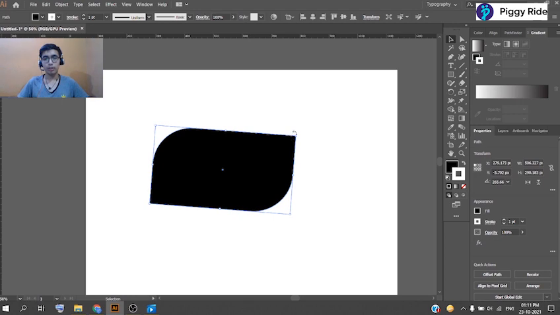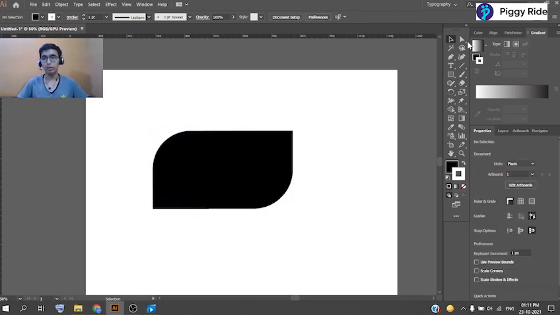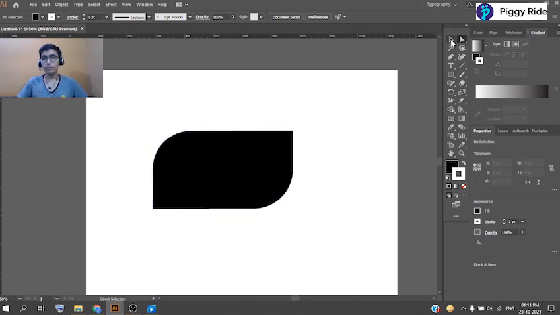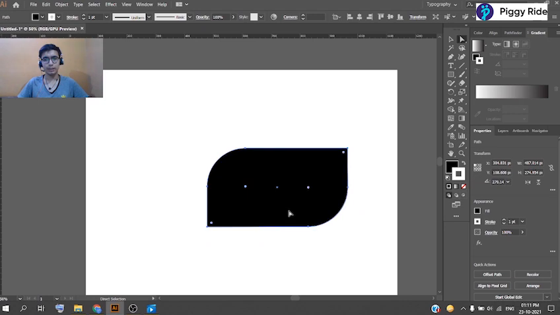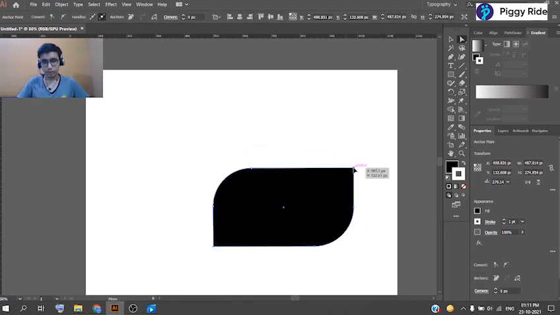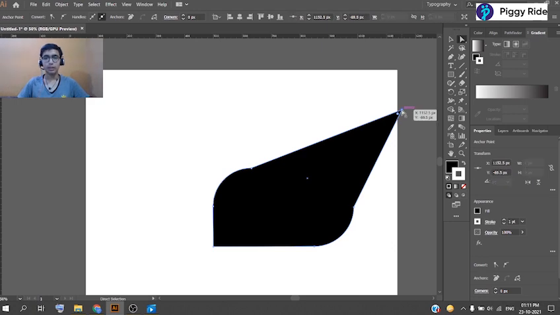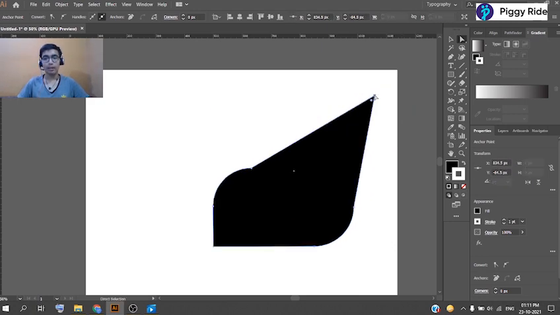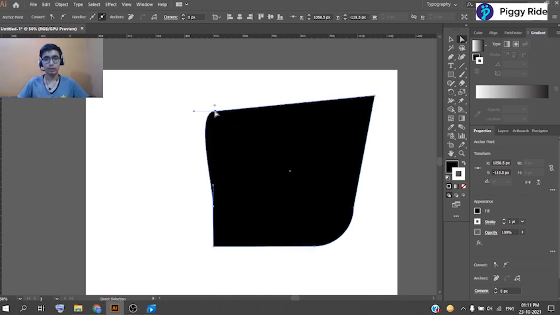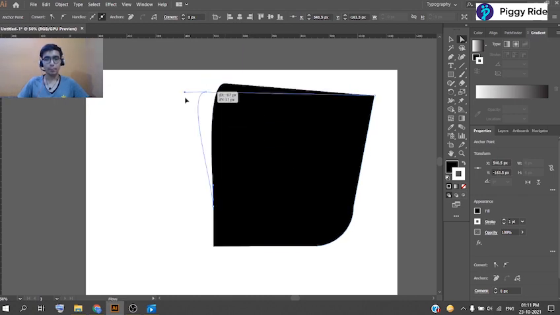And this option is not available in the selection tool. We can do it from the direct selection only. With the direct selection, we can also move our artwork, or we can expand the shape from here. That we cannot do with the selection tool. We can expand our shape or customize the shape as we need.